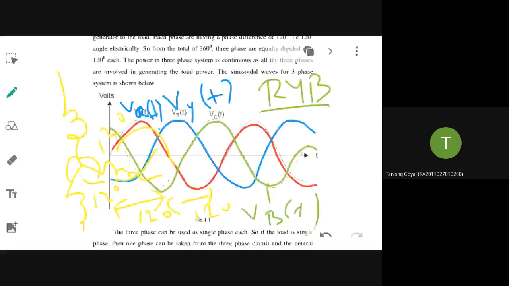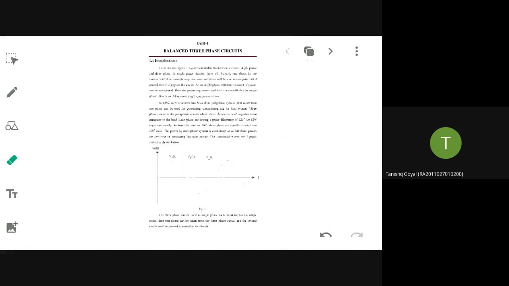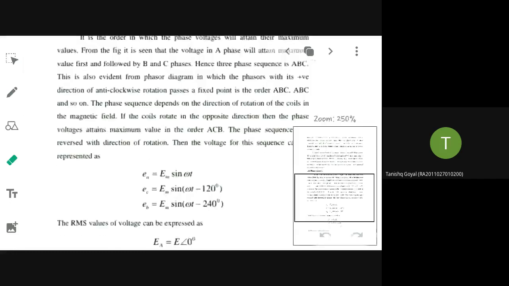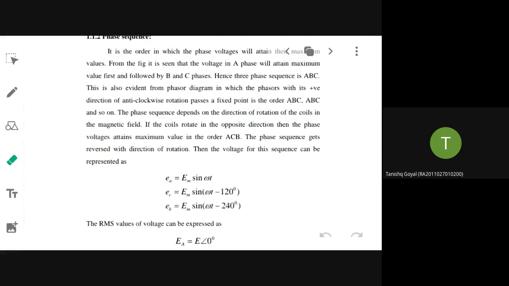Now we will move on to what all ways in which you can have these connections, and how to represent each and every phase, and what is phase sequence you need to know. Just now I told you there are three phases. What are the three phases that you are having? RYB. Here they have denoted ABC, but generally you will be representing as RYB. Both are one and the same only. The quantities are varying in sinusoidal form only, all the graphs.